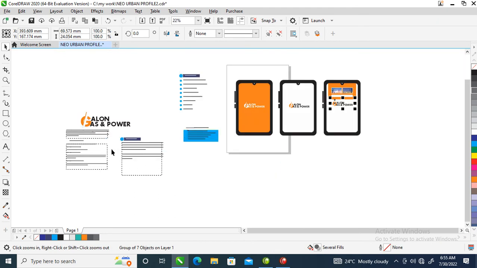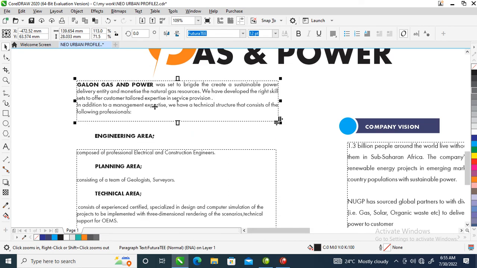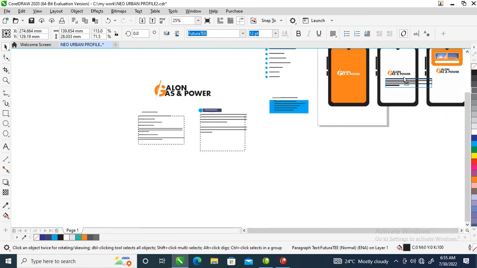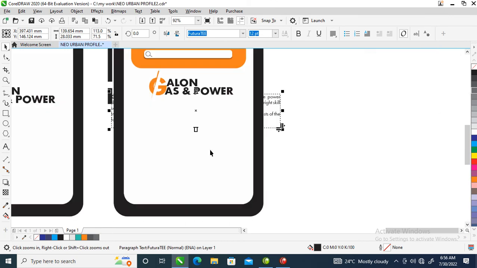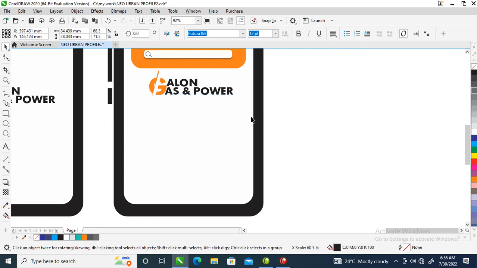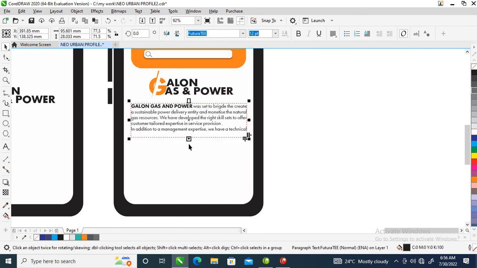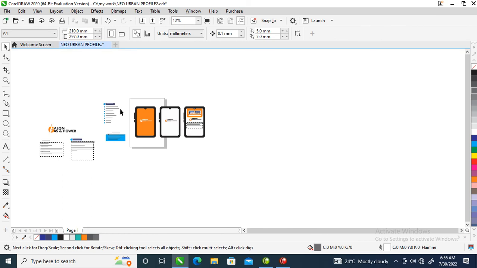So the next step is to bring up what we call, so we are going to put this right there, then you press Control Page Up, then you adjust within the object just like so. So right now pull this a bit down, then you leave that to start. So let's go back to